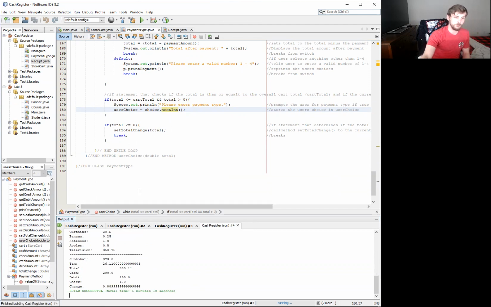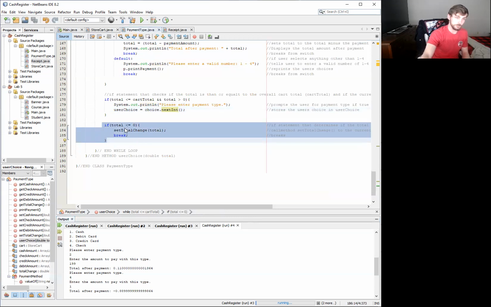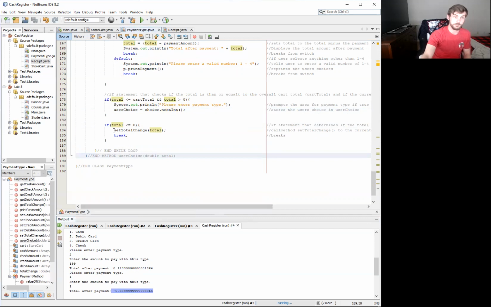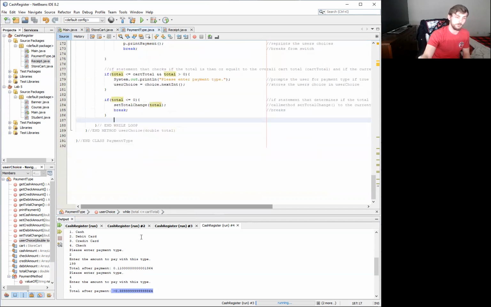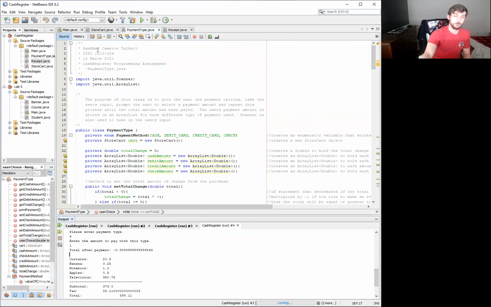It saw that that was all that needed to be paid for. It was completely paid. Since total after payment was less than 0, it was negative 0.89 cents. It set total change, so it went and called the method set total change, passing the current total value, and then calculated the change, and then it broke from this, and that's where we are now. And that is everything inside the payment type